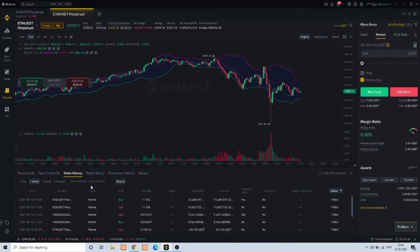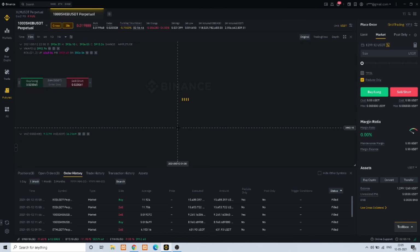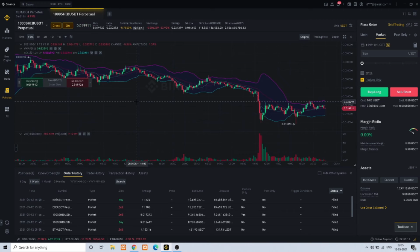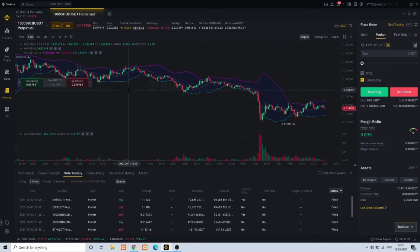Coming back to what we have done after that, we had a Shiba token on the futures. This is a very new token which was listed recently, and it was in the eyes of the algorithm, and we were also tracking it. The essential thought process on this token was that since it's a very new coin, there is going to be volatility. As you can see, it has just started, it's just 1, 2, 3, 4 days running. So it was expected that there would be a huge amount of volatility on it, and we wanted to capture that. When we looked into it, we got some opportunities at 11:45,